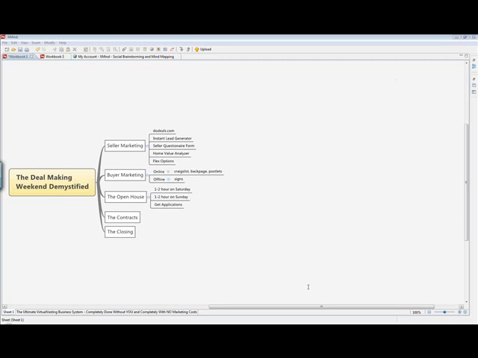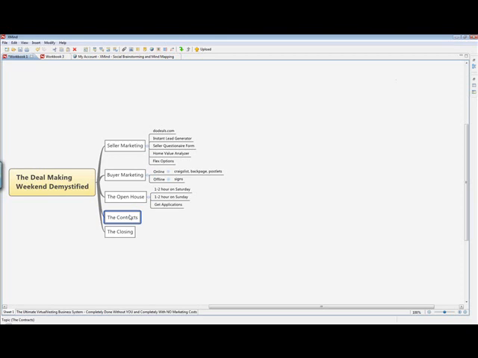So the process is we get the application, then once we approve them, we proceed with the contract, and then we get a deposit from them, and then we schedule a closing, which normally happens like a week or two after that, and then at closing is when we get the full down payment.